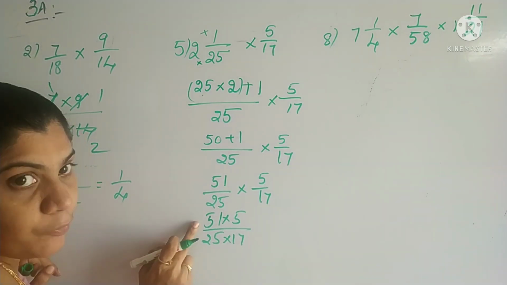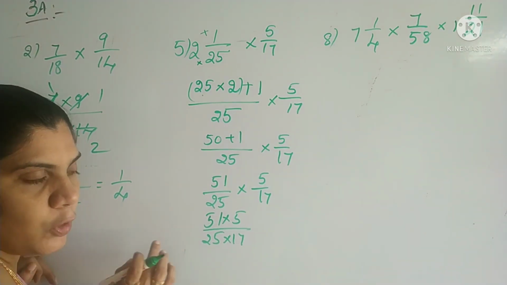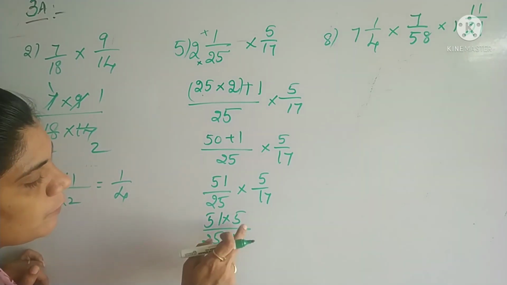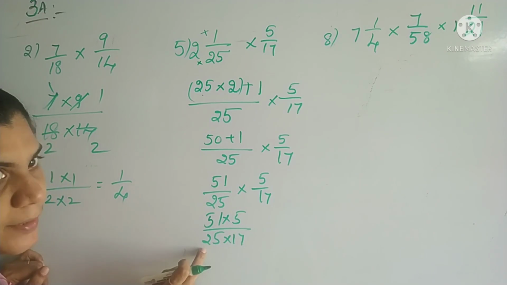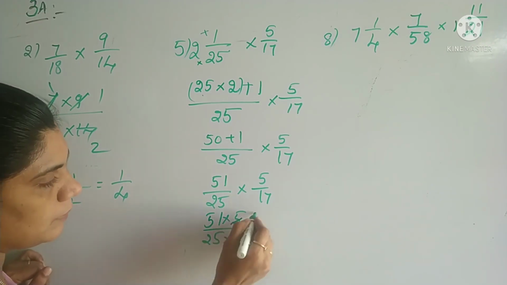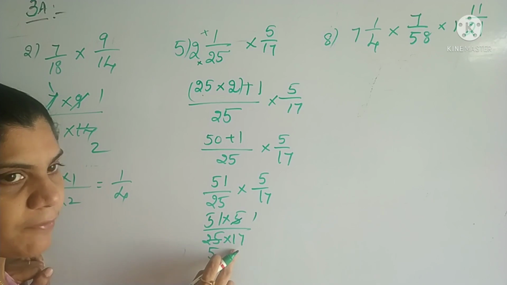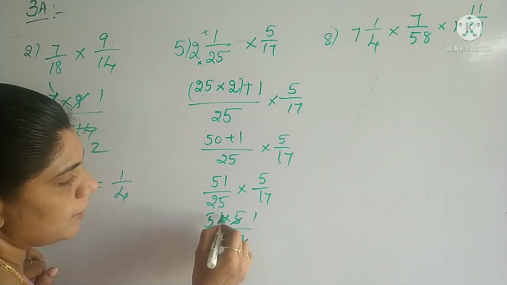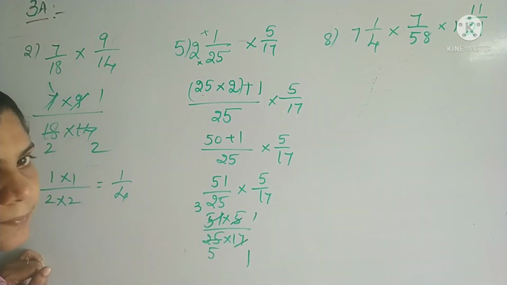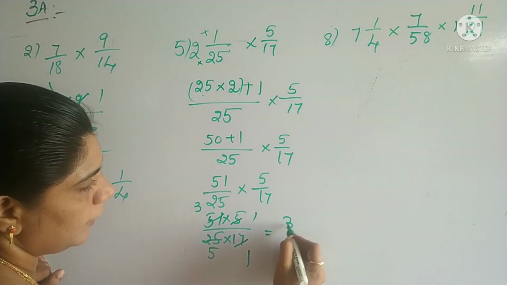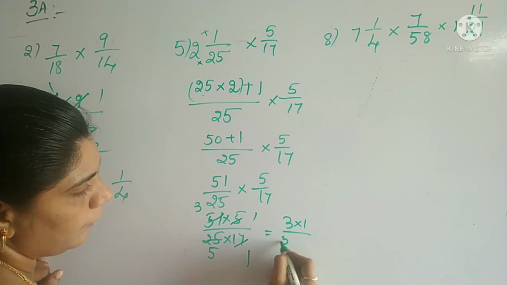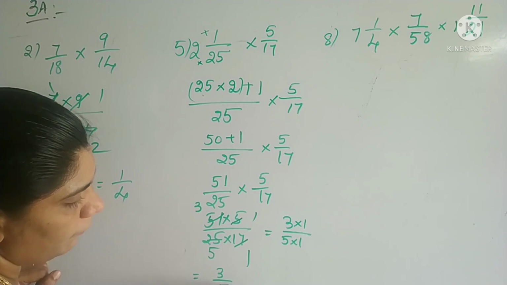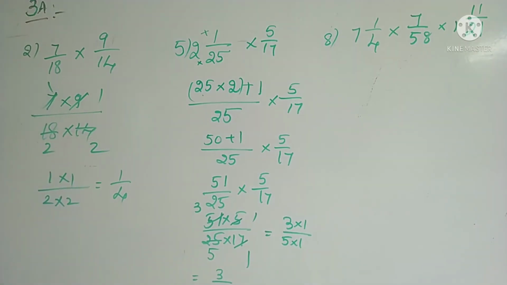So you have to do the product of numerators and the product of denominators. Now look for cancellation. Any number you can cancel here with any table. Observe this one, 5 table. With the 5 table you can cancel this 25. 5 one time, 5 five times. Now observe the 17 table. Remember the 17 table once: 17 one time, 17 three times. So what do you get remaining? 3 into 1 divided by 5 into 1. 3 into 1 is 3, divided by 5. That is your answer. You got it?